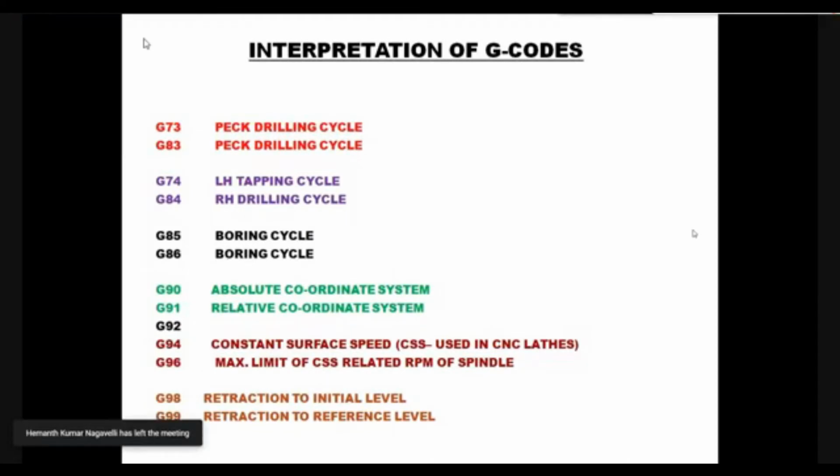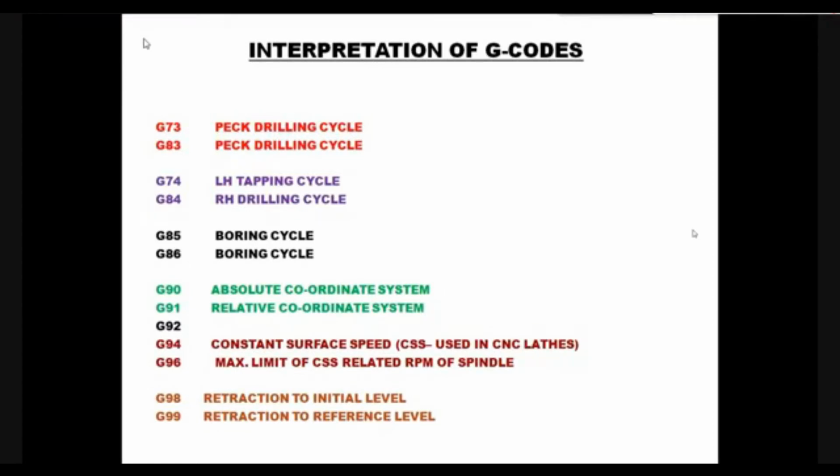And the G92 command is used for setting the machine origin at some value. I have not shown that because it will be existing in the machine, but we will not be using this command. If we start using this command, the machine origin gets disturbed, and every time we have to reset it. That's why I have not shown you that. Anyhow, I shall give you the list of all the commands available in CNC systems. For the time being, let us confine our discussion to whatever codes are used in routine activities.